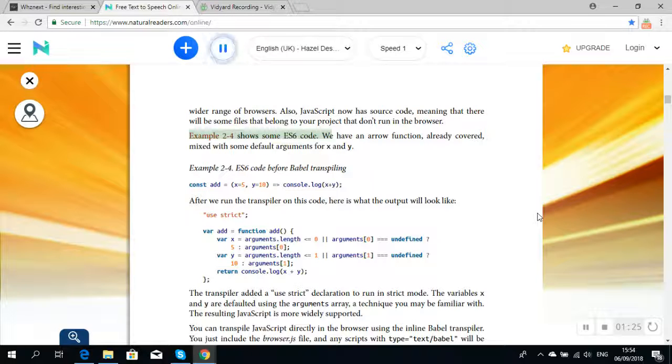Example 2-4 shows some ES6 code. We have an arrow function, already covered, mixed with some default arguments for x and y. Example 2-4. ES6 code before Babel transpiling. const add = (x = 5, y = 10) => console.log(x + y);